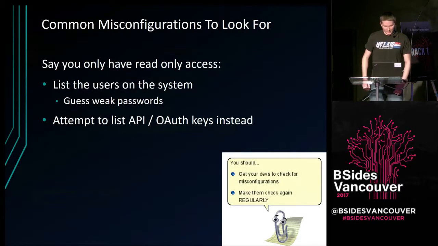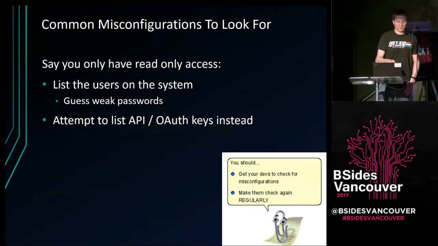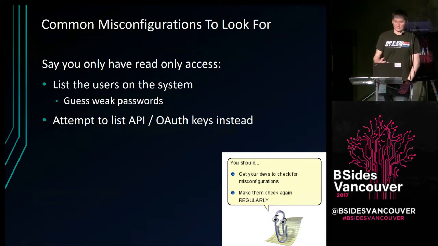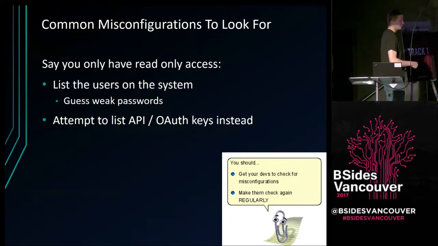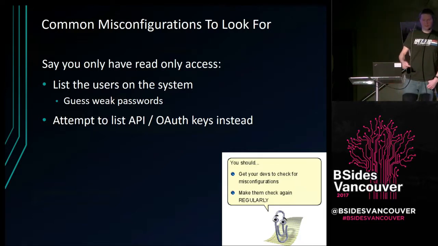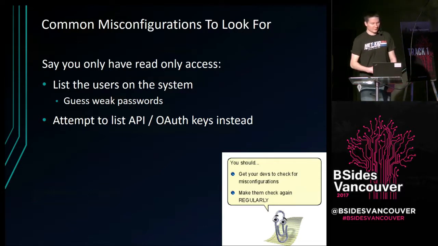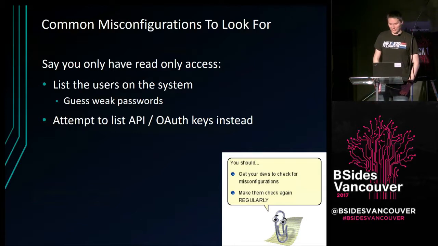All right. So expanding on that previous scenario a little bit more, say you have read-only access. There's two great things that I'd always try. The first is list out the users on the system. Chances are there's going to be an account called test, or an account called dev test, or accounts called build 1, build 2, build 3, and they probably have a super weak password. You might not have known those usernames before, but since you have read access, you can list those out and potentially just take over those accounts directly.